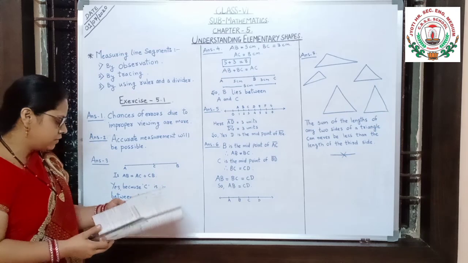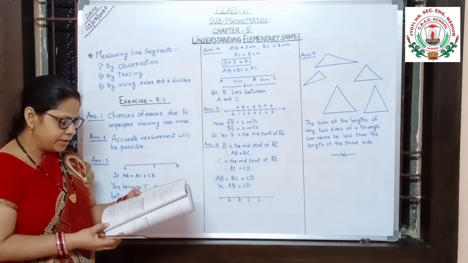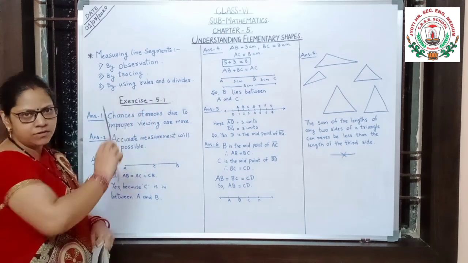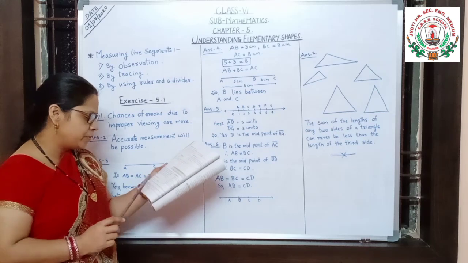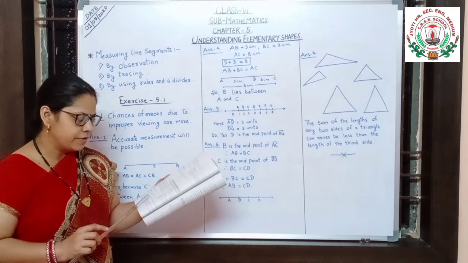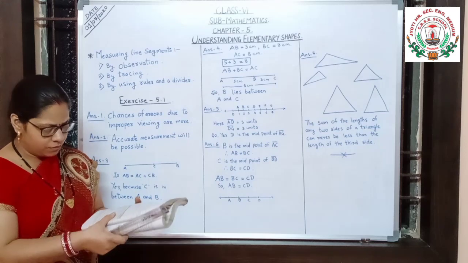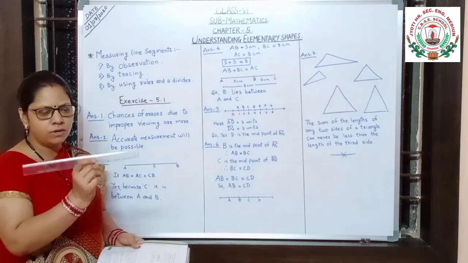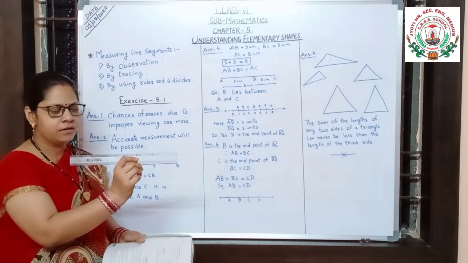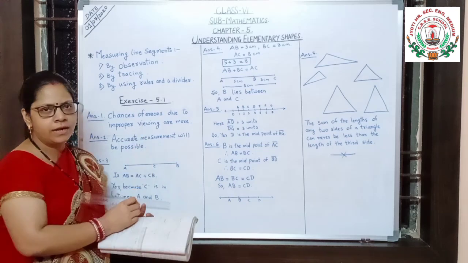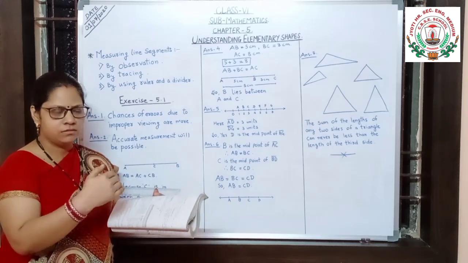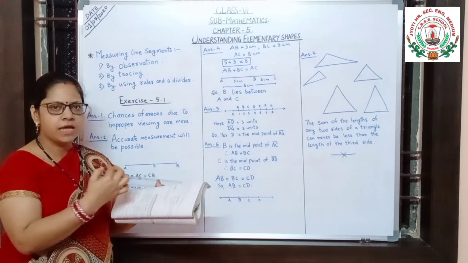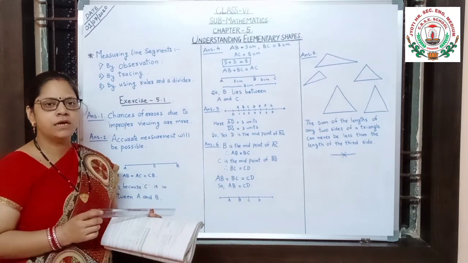Then, second question. Why is it better to use a divider than a ruler? Ruler and divider is one measuring instrument. So why is it better to use a divider than a ruler while measuring the length of a line segment? Through the ruler, if you are drawing a line segment, in the previous question I told you, just by mere looking or angle of eyes, the points can be here and there, so that can be the disadvantage.